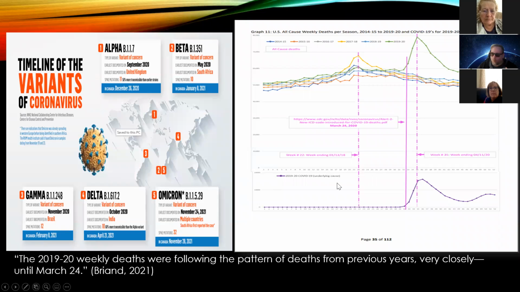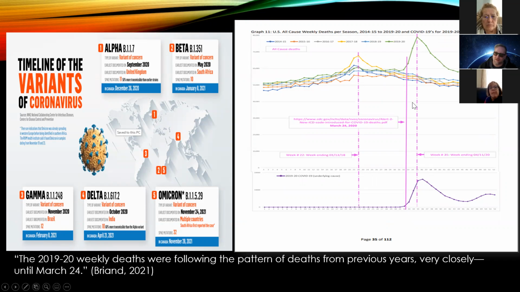So what's boosting these numbers? We see the pandemic started in 2018 and it went on for about a year and a half. And then all of a sudden at March 24th, 2020, we see a spike. So this graph is centered on the flu season in 2019, 2020. That's the center of the graph, is the flu season. And you see this pink line, something happened here. The deaths from underlying cases of COVID spiked and all-cause spiked.